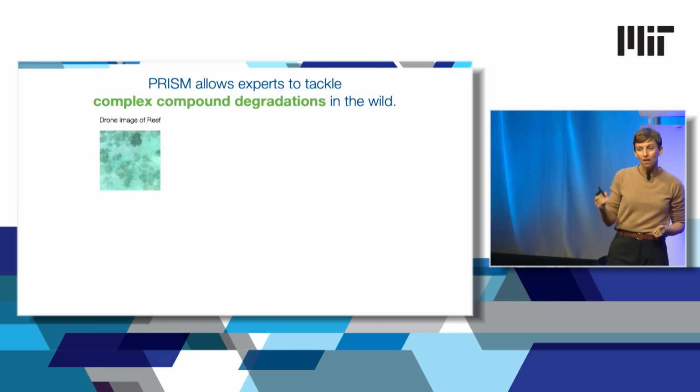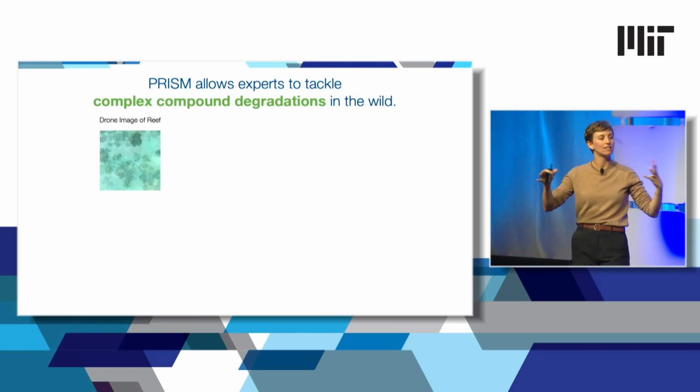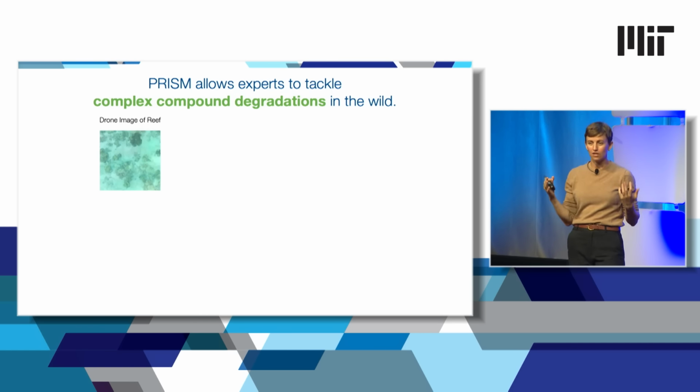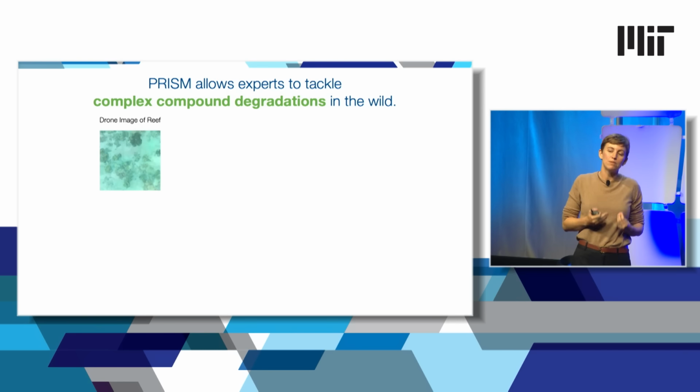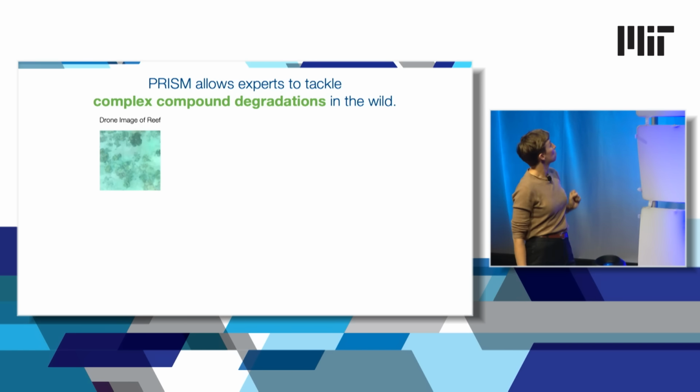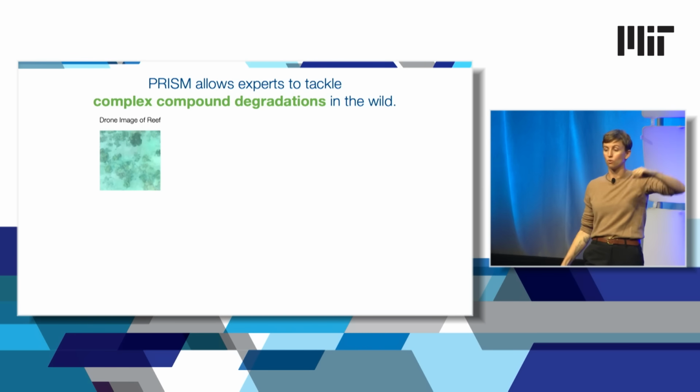And so the other cool thing is that by disentangling in the latent space, by taking all of these different types of distortions and learning them independently, our model is able to generalize in some ways to types of scientific data that it never saw during training. So for example, this is a drone image of a reef, taken over a coral reef.